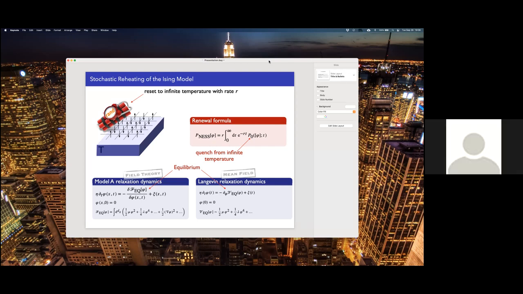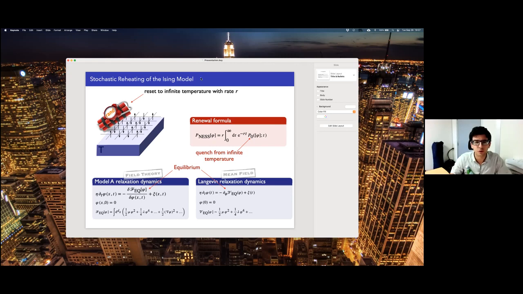Sounds good. Thank you. I feel like I'm missing something very basic, which is you have this T critical that you're writing down for the non-equilibrium steady state. But then if I look at your free energy landscape, there's no symmetry breaking. It's still phi equals 0 is the minimum. So can you help me understand what exactly is the phase transition here?